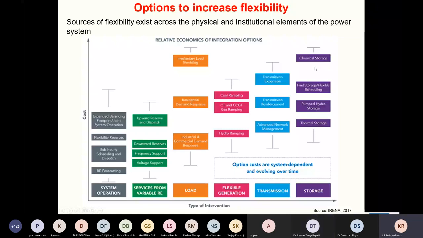Generally, just now I mentioned that for photovoltaics, we may have to go for electrical storage in the chemical form. So therefore, this will become relatively expensive here. And the best one is thermal storage. You can see in this, the cost is lower as compared to the other storage systems. So therefore, in my talk, I am going to focus on this thermal energy storage, and how it is applied to concentrating solar power.